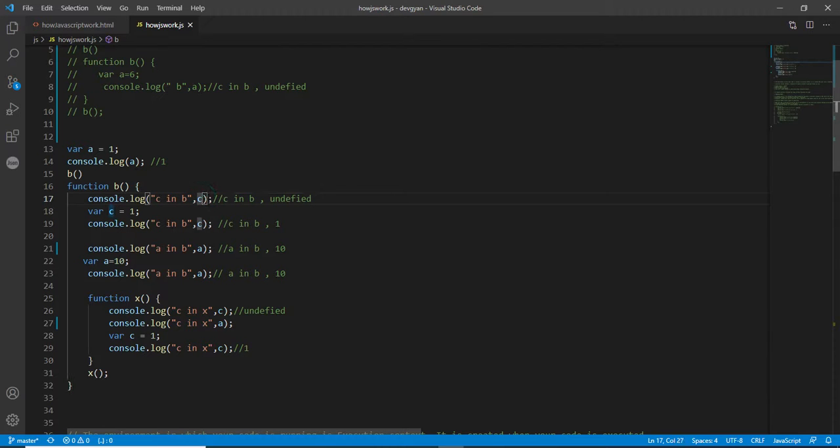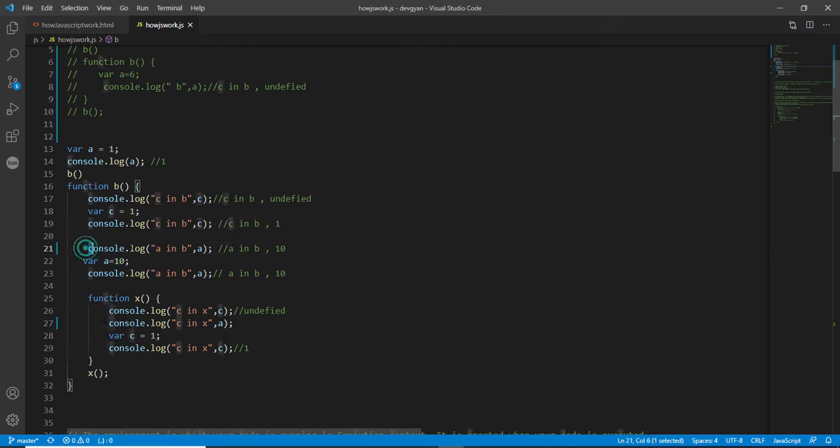Okay, so now you can notice that console log C tries to get the output of the variable C. So what is the output? You can notice that in the creation phase, the value of C will be undefined because it is declared. That's why C will output undefined, and now the C value is changed from undefined to 1. That's why this console log will print the value of C as 1. So it is absolutely fine.